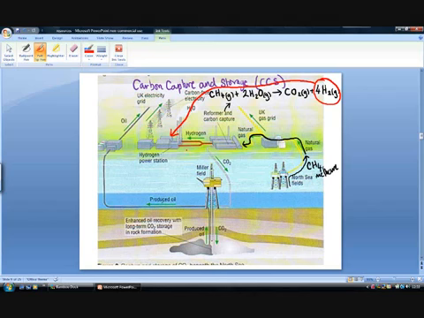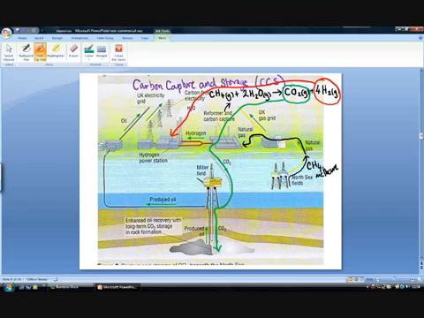Now the CO2 that's produced, this is the stuff we've got to get rid of, and this is what carbon capture is all about. It can take the CO2 gas, compress it, and pipe it back into a North Sea oil well. So if you follow the path down, it goes to a North Sea oil well here, and that's been pumped back into the ground where they take oil out.